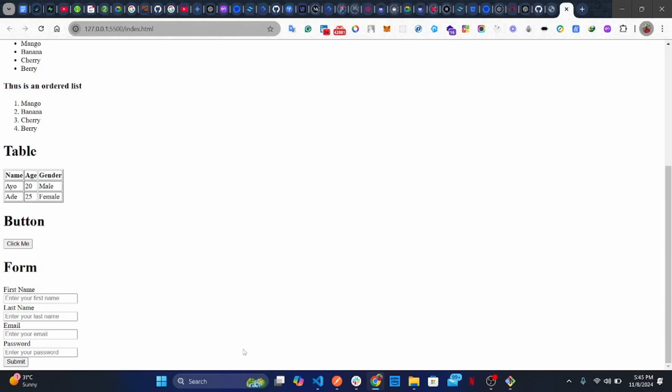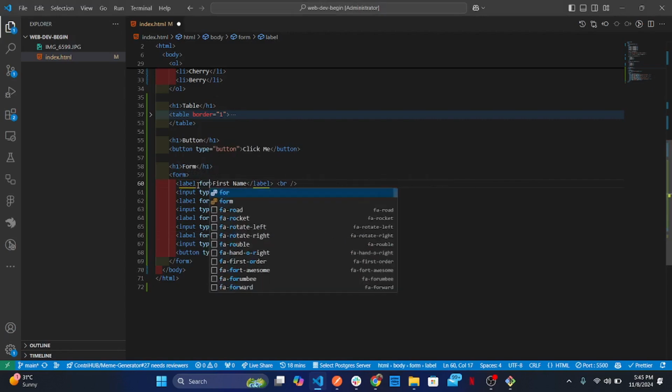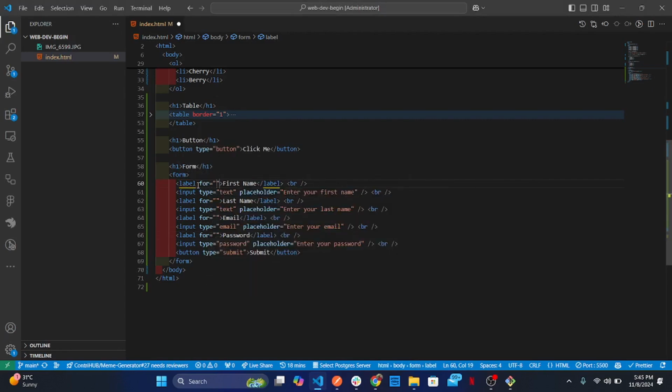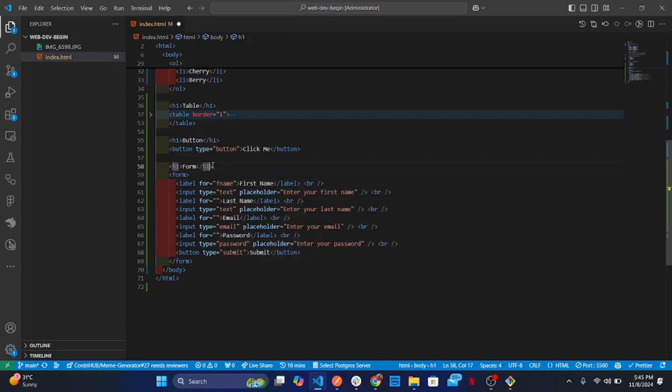So for you to do that, you have to give the for attribute. So in a label, we have the for attribute. So you can just give it, let's say, fname, meaning first name. But in this our place, you can just put name,